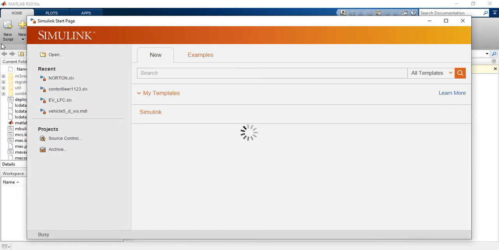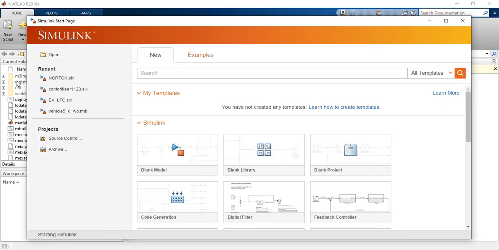So it will open. Okay, so I will be taking some blank model. So this blank model I have to open. It will open the blank model. Generally it takes some time in the initial stage. Later on it will be a simple one.